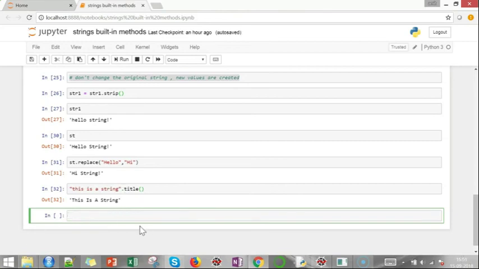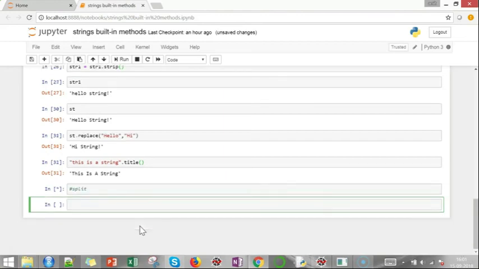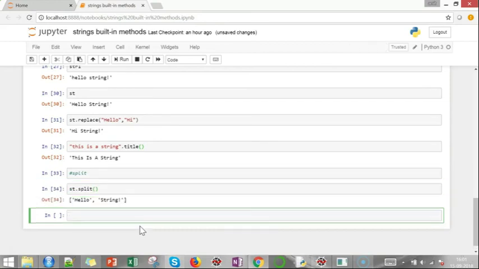Now let us discuss a very popular method which is split. Let us see what it does. If we apply the split method on our string st, so dot split and shift enter, this is what it does.